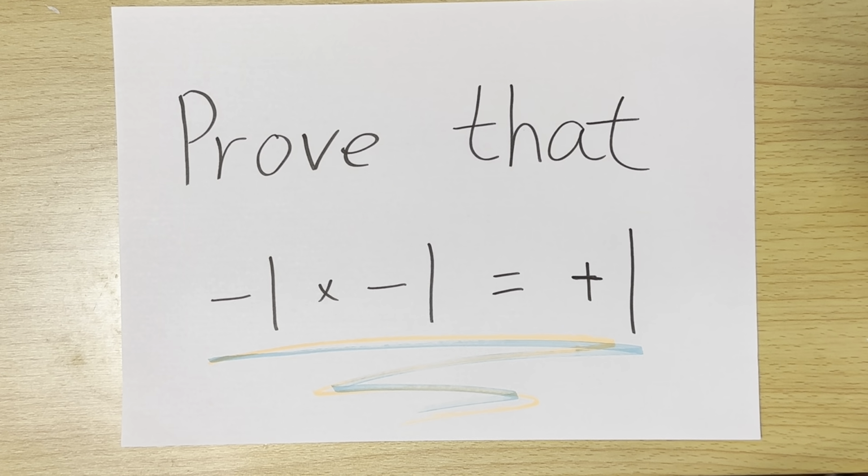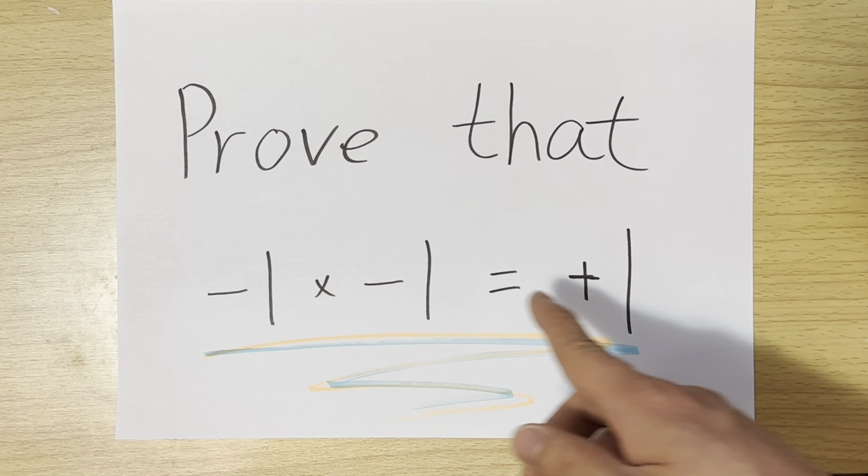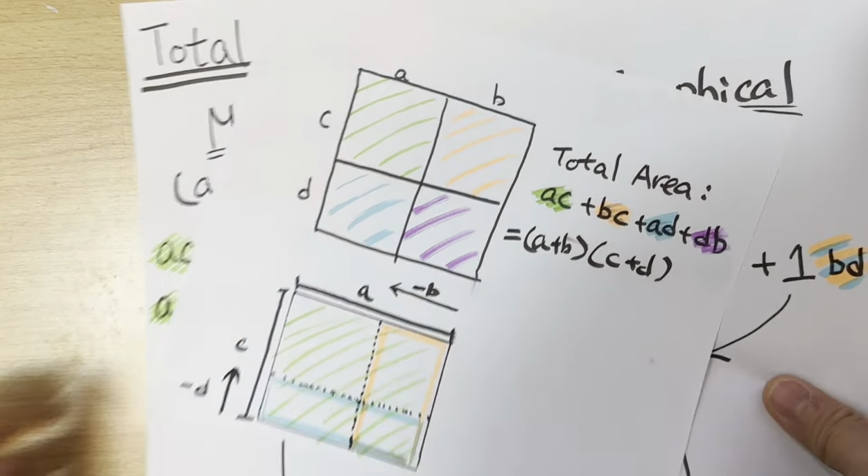Hello everybody, today I want to show you a simple and quick proof to this equation: -1 times -1 equals +1. Actually, this is a famous equation that almost all secondary school students can understand. However, not all of them understand the underlying proof or the concept of -1 times -1. Therefore, I want to show you a simple proof about this equation, and the proof only consists of these 2 pages,